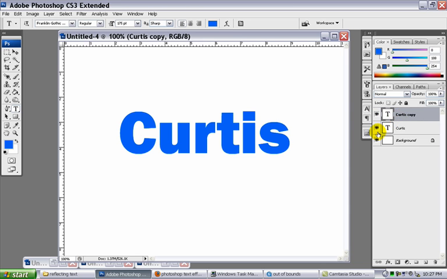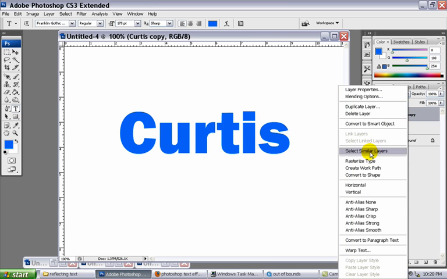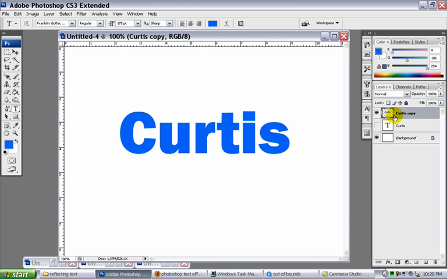The reason that I duplicate layers all the time is just in case I want to go back, I don't have to recreate the entire text. It's already been created. And I'm going to turn the eyeball off of this layer right here. I'm going to go ahead and right click on this and rasterize the type, turn it into paint in other words, and I'm going to do a couple of effects to this